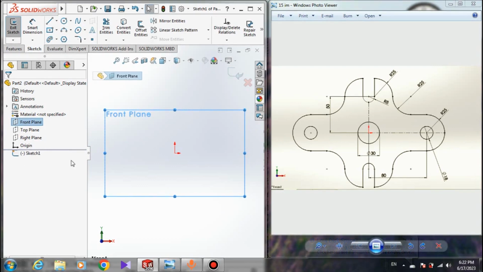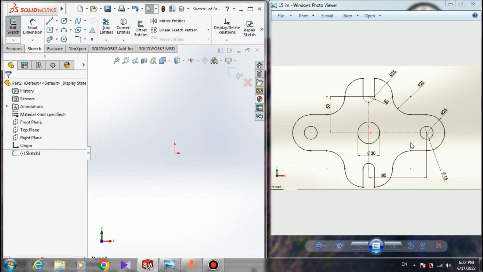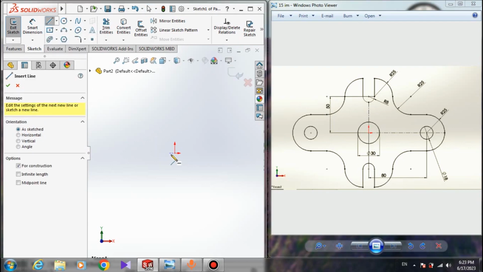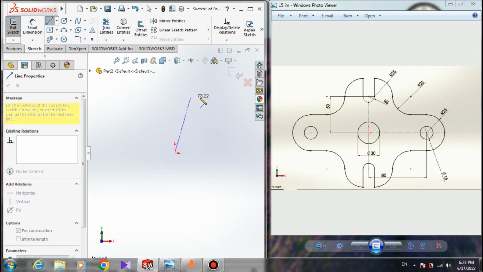Now you have your sketch open, and we always start with our origin point. Here we have a vertical line. I click on the line and choose center line, and I click on the origin point. You can see the orange point appears. It means that if I click on this orange point, my line will be connected to the origin point. So click on the origin point, and as I move the line, you can see a yellow symbol appears, and it means that if you click on the screen, the vertical relation will be automatically